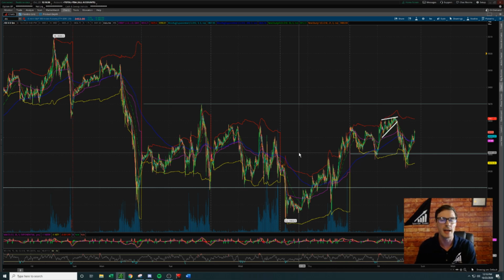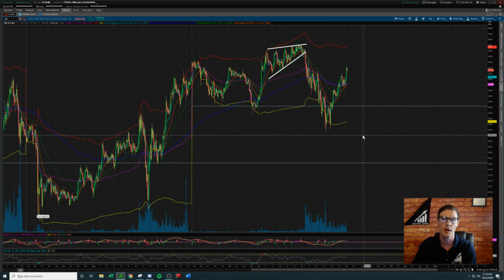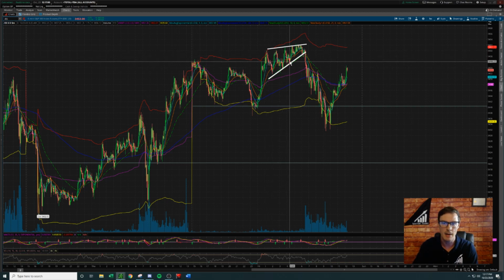I probably should have scaled out of the position, but this is literally one of the only trades all week that we've even been offered anything close to this percentage, right? So this whole week, there hasn't been, like I said, a lot of breakouts, a lot of follow through. So I want to always take profits when offered, and then I will look for a re-entry later. That was point 1. Point 2 is